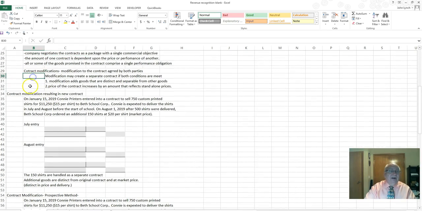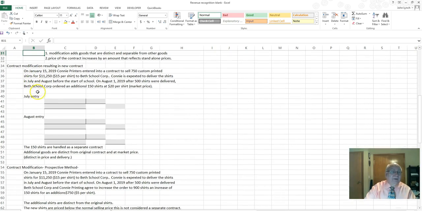Okay, contract modifications have to be agreed on by both parties. It may create a separate contract if the modifications of goods or services are distinct and separable from other goods. Price of the contract increases by an amount that reflects the standalone price. Now, on this one, it has to meet both of these criteria. So the first example we have